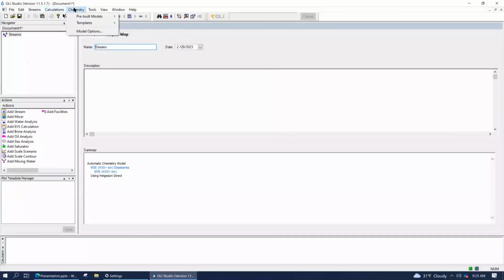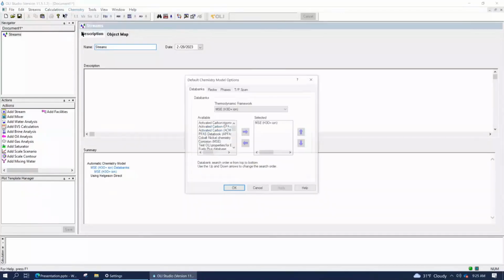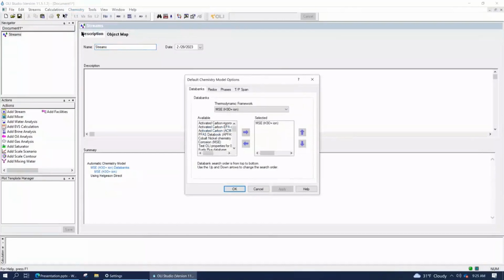Okay, the next menu item is called the chemistry menu. And this is actually really important because when you are studying the process, you again may need to turn on private databases or custom databases. Here, for example, is a PFAS database. It's a custom one. It's empirical in nature. Here's another one called activated carbon. So you may find that sometimes you want to use more than just the public database that OLI is providing. And these databases may be something that OLI created for you or you created yourself. And this is where you add those.